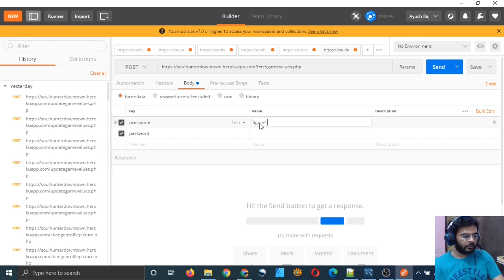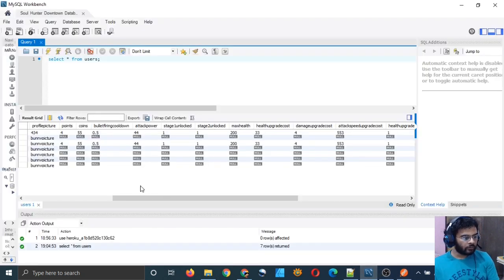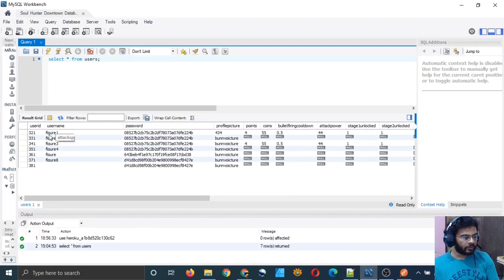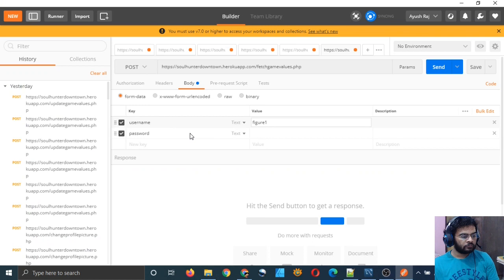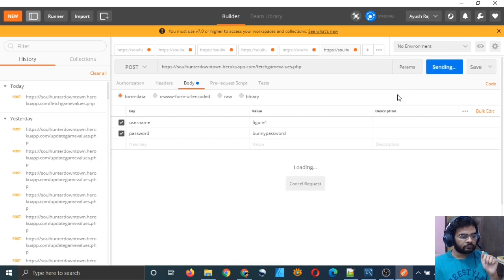Username will be figure 1 because we want to fetch the values for figure 1, and his password is actually bunny password. So password is bunny password, and let's see if our script gives us his game values.